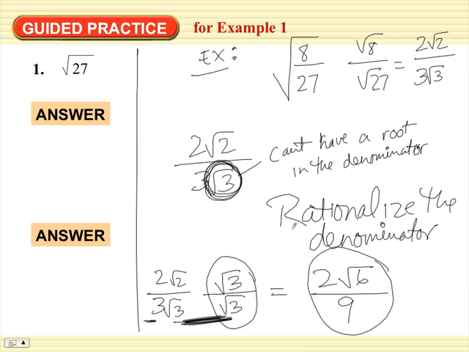What did you just do? You made the denominator rational. That's why they call it rationalize. We don't want irrational numbers in the denominator. Why? I actually don't know why, but they don't want them. Okay? So,